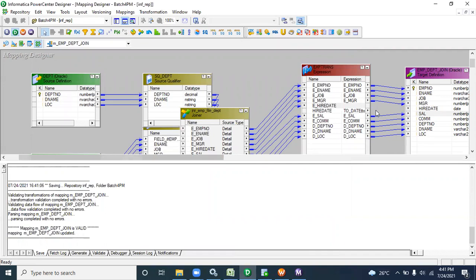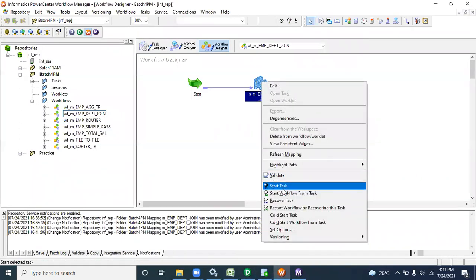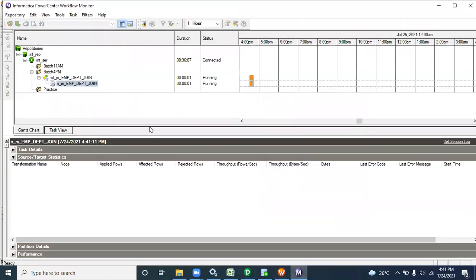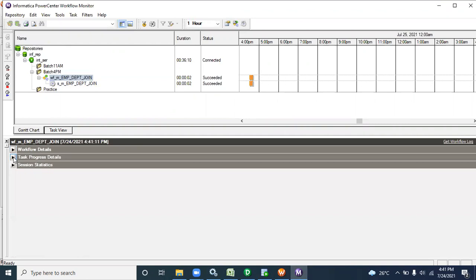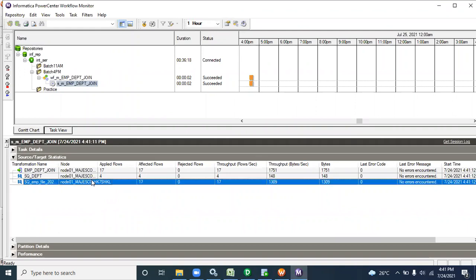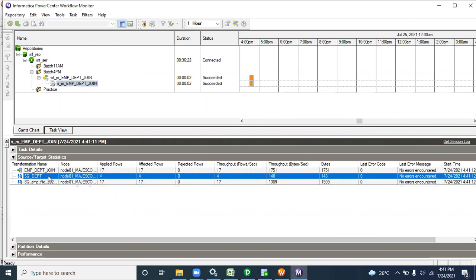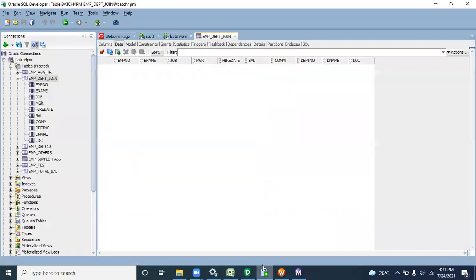Just disconnect it and we can see the output at least, join it, right? Right click, start task. Then we will go and check. See, now you can see the 17 records will come. I'm just disconnecting those things because it's giving some other error. For that it will take more time. So I'll rectify those things later. So in the source file you have 17 records and DPT having the 17. Then you are getting the target 17 records.